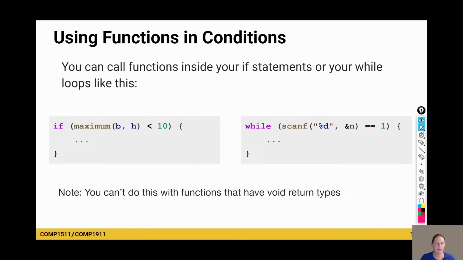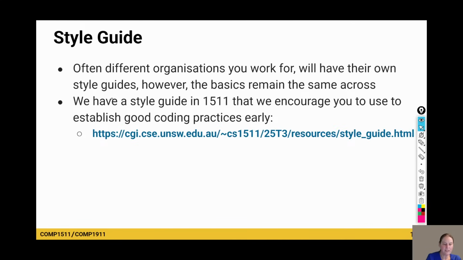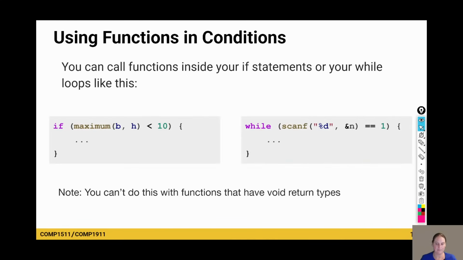All right, one small thing before we move on to something else. I said yesterday that if you've got a function that returns a value, you can use that function in any situation where a value of that type would be appropriate. And here's some more examples. If I've got a function that returns an integer like maximum does, you've got to think, would it be appropriate to have some integer in this situation? For example, imagine it returns 7. Is it appropriate to check whether 7 is less than 10? Yes. So you can use it in this context.